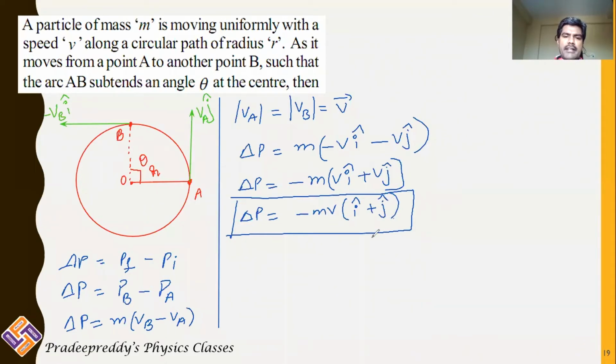So the momentum change delta P is minus mv (i cap plus j cap). That means the resultant change in the momentum is in the direction of i cap as well as j cap, in the negative direction. To find the resultant vector of these two, you simply construct a parallelogram law here. I am imagining the velocity VB from this position. If I construct the parallelogram, the diagonal of that will be represented in this direction. See, this will be the diagonal.